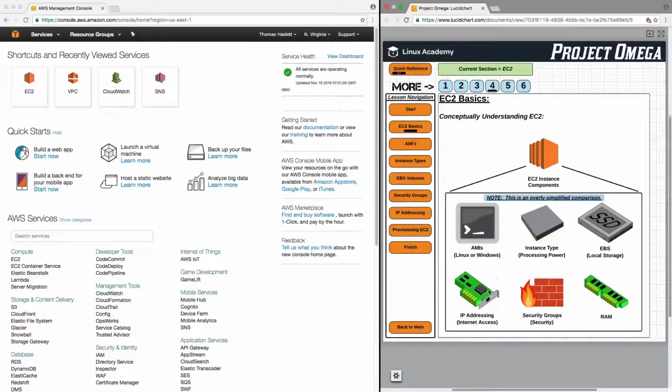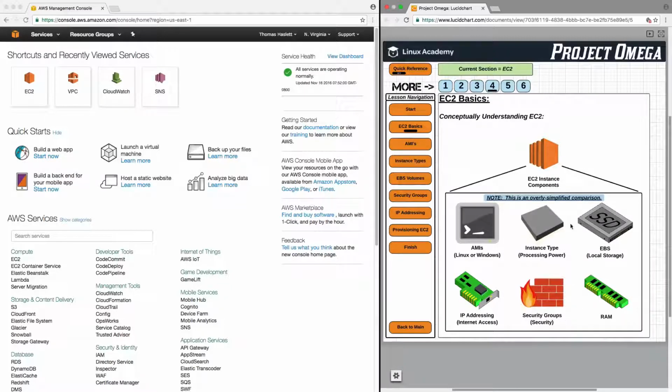Instead of a network card, think IP addressing. Instead of a firewall, think of security groups. And for both your home computer and EC2 instances, there is just straight up RAM. Now, this is an overly simplified comparison between the two, but it's not too far off in terms of the choices that you need to make when deciding what type of